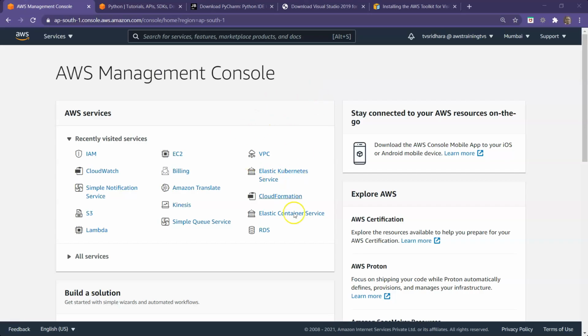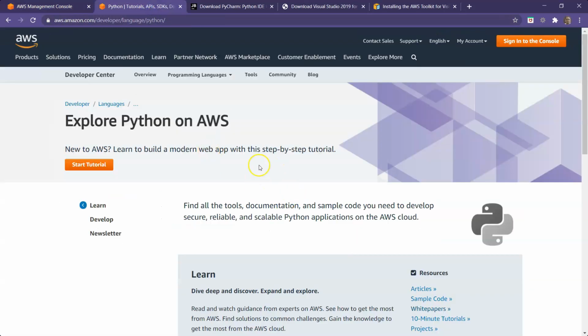Let's log into the AWS console and look at some of the options that we have in working with this environment. Using IAM, you should create a user and provide appropriate privileges, and I have detailed this in the other video that I have shared. Use that video to look at that, and we'll also look at how we develop using Python on the AWS environment.